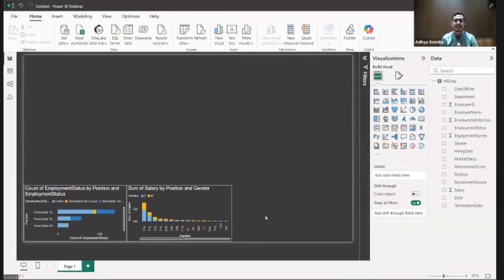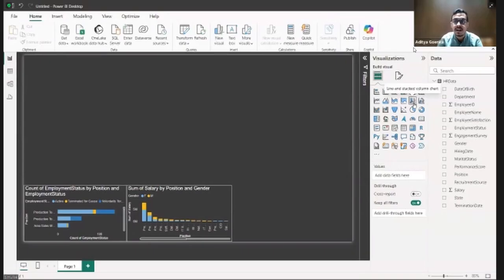Guys, how many of you feel that the management would also be very interested in knowing the sum of salary by hiring date and department? Like, you know how the HR department has been hiring, but what is the sum of salary for the various hiring dates and department wise as well? How many of you feel that position wise we have been able to identify, department wise also the management will be very interested in knowing that? Yes. Okay, done. Let's go ahead and do that.